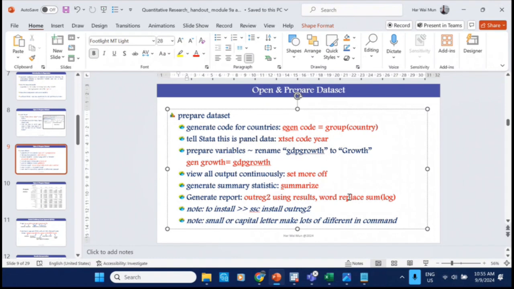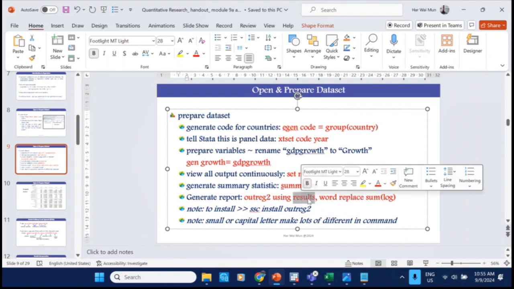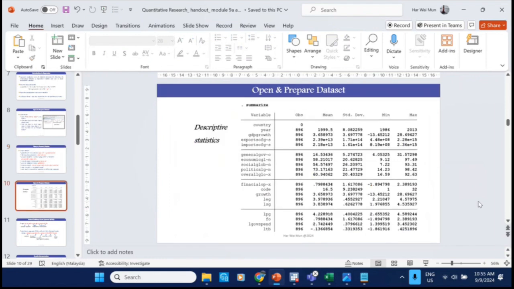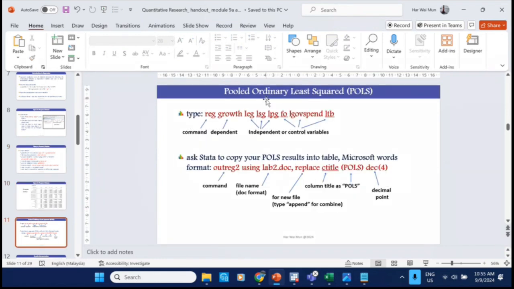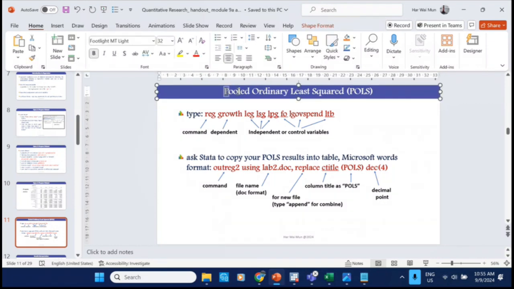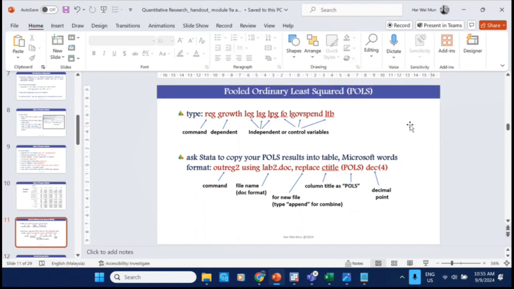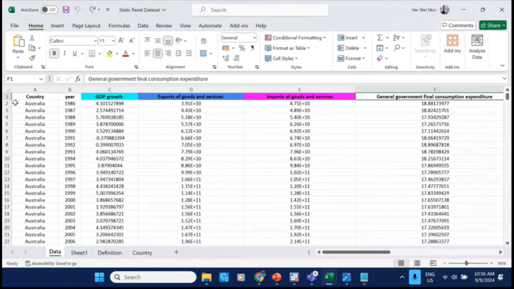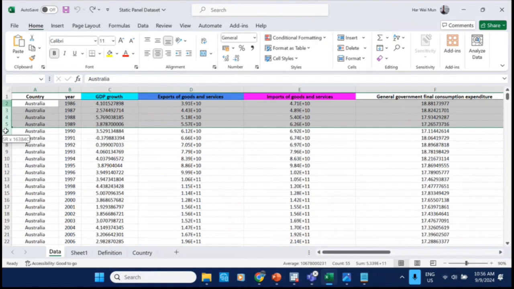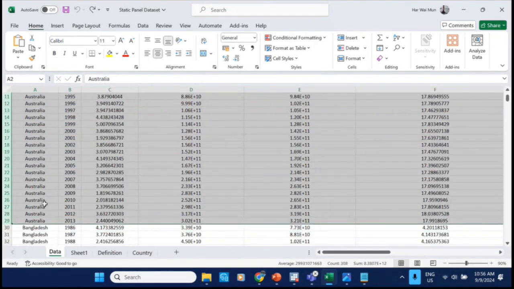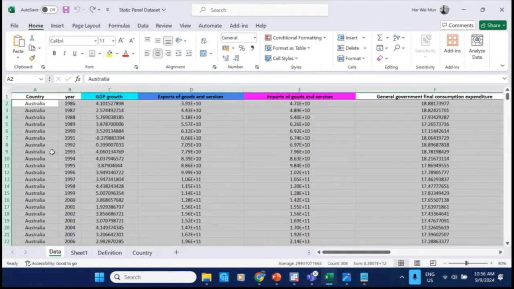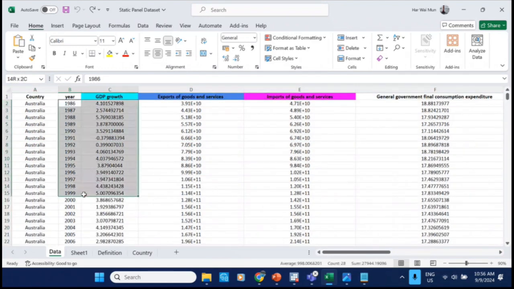Then replace some log. Replace means you want to do a completely new thing. So all this is just copy and paste. It's just that you name the file name. Maybe you want to put result 1, result 2, result 3, or ABC1, ABC2, ABC3. Okay? Then next, you want to do the regression. First, we do the pooled ordinary least squares. What do you mean by pooled ordinary least squares? All this data is stacked country by country, correct? One country after another. Each country we arrange according to year from 1986 until